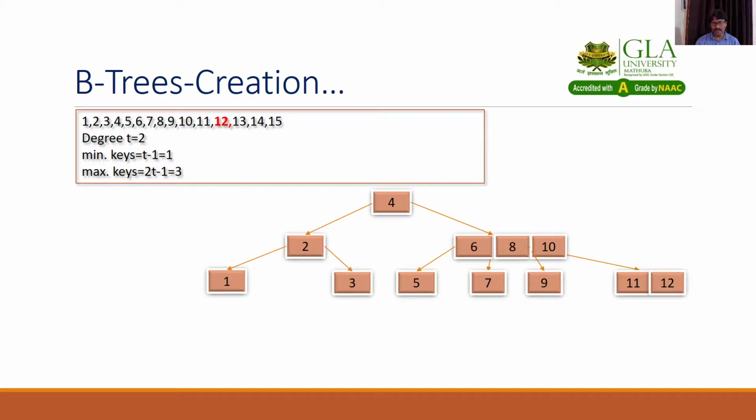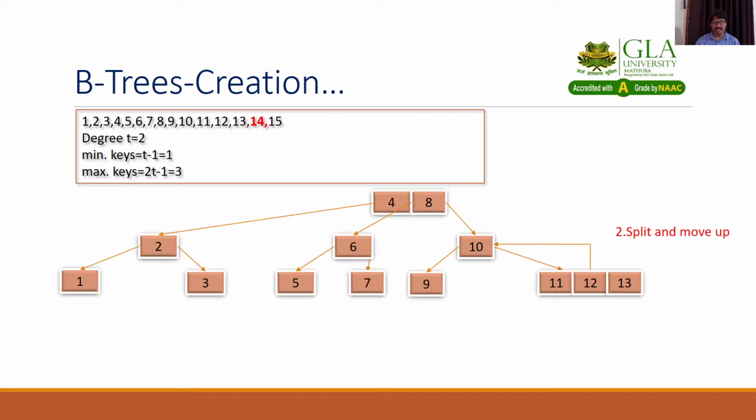Now after 13, you can insert 14. So there will be a big issue. How can we insert 14? Because you have to split 12 and your parent node is already full. So you have to perform two splitting processes. First you split and move the parent, and then the leaf node. So first you have to split 6, 8, 10. From 8, 8 will go upside, then 6 and its children, and 10 will go in another direction.